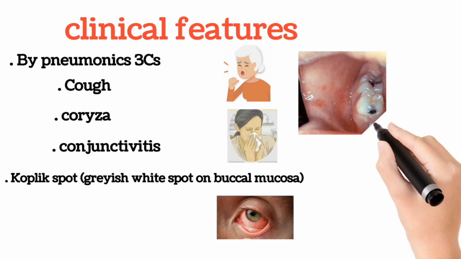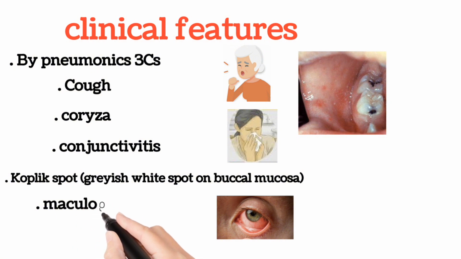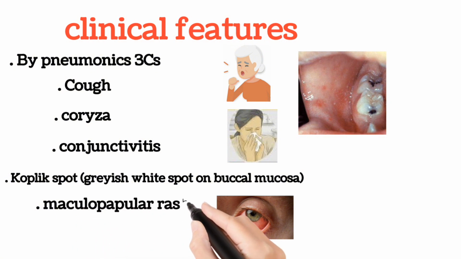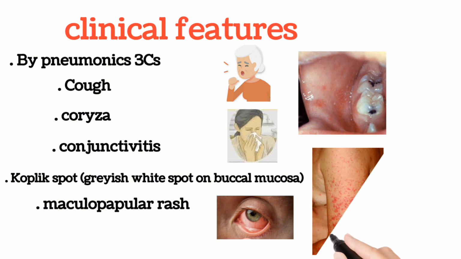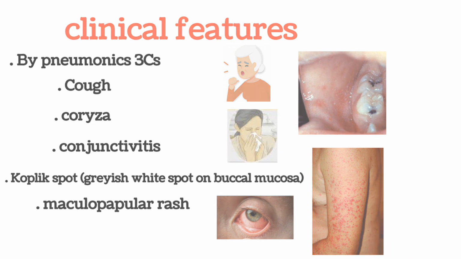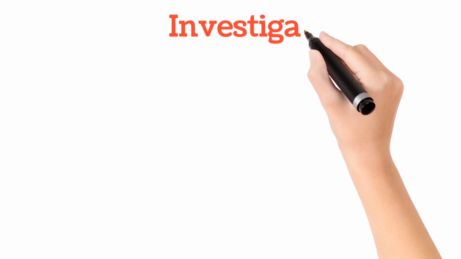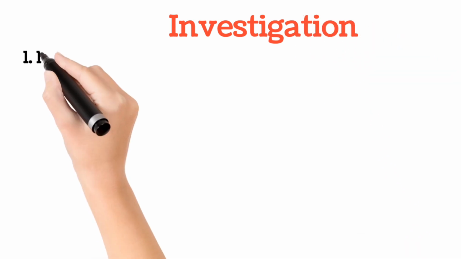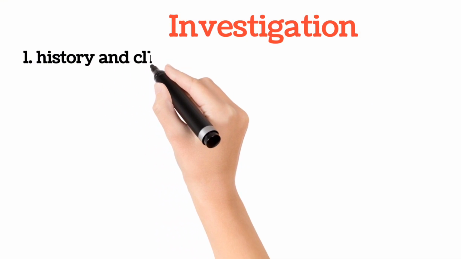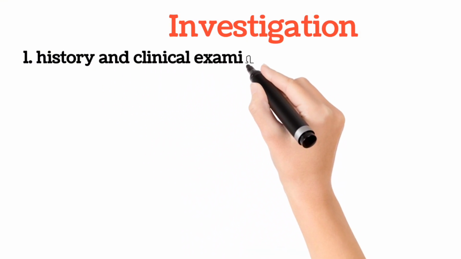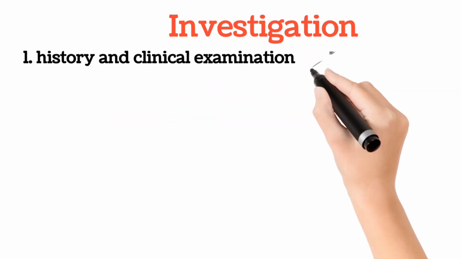Along with that, a maculopapular rash occurs all over the body. These rashes mainly start on the head, below the ear, or on the hairline. Now, what are the investigations of this disease? The diagnosis of this disease is mainly through clinical history and examination, but we can also go for many other